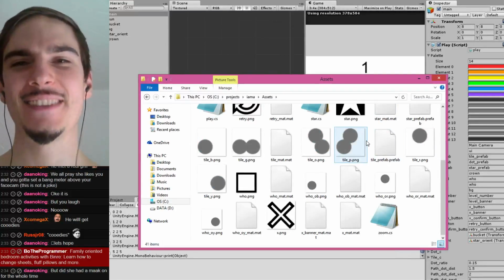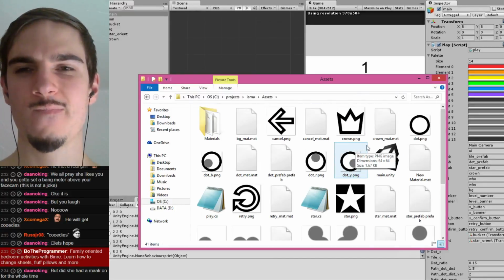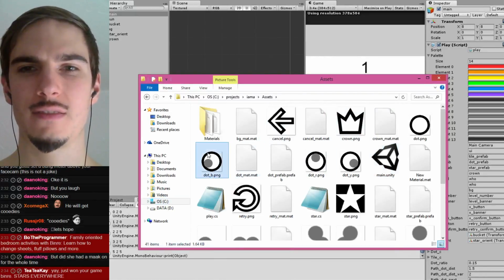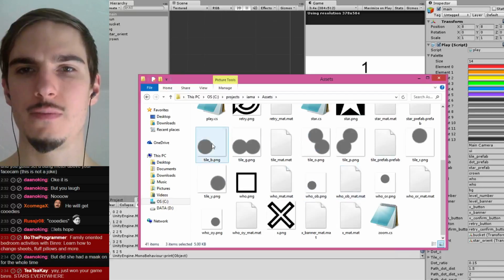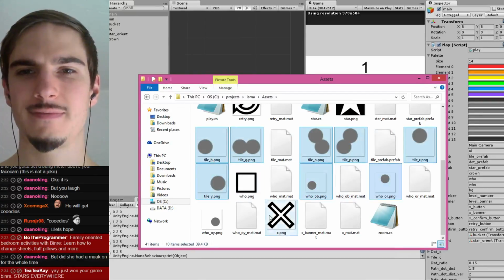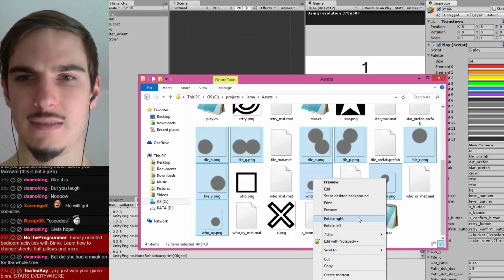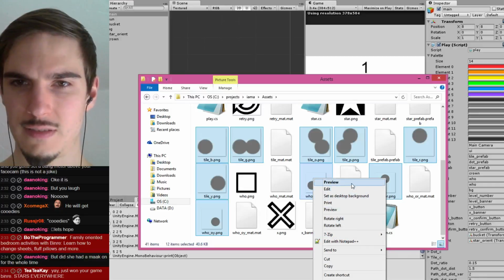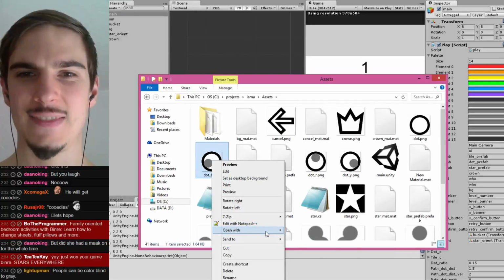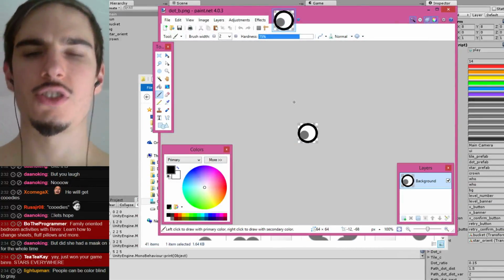Alright, so, yeah, instead of, yeah, let's just open all these and see what we can do. Oh god, there's so many. Open with, where's open with? Oh, can't do that. There's so many though. With paint.net. So